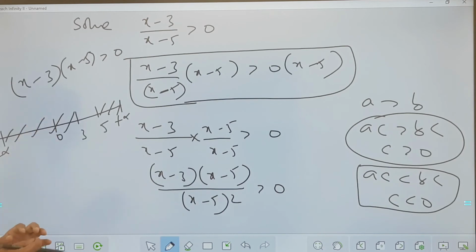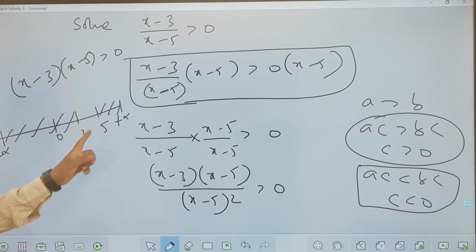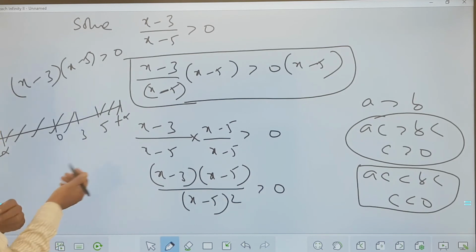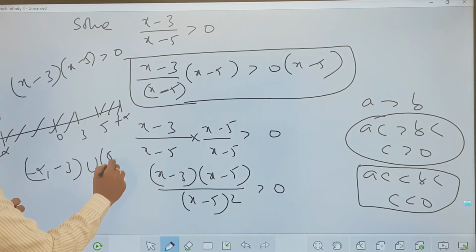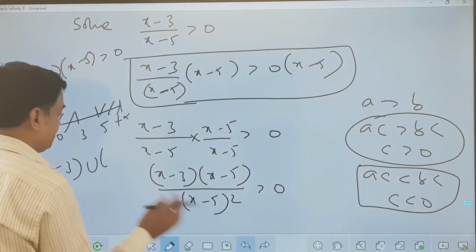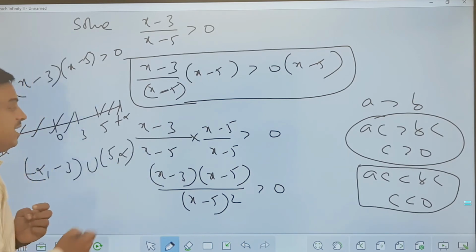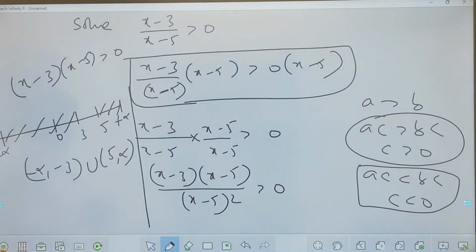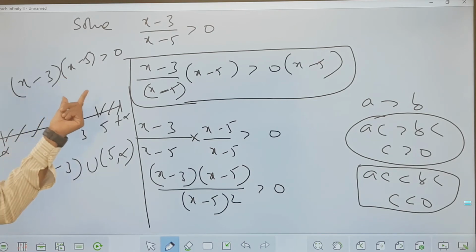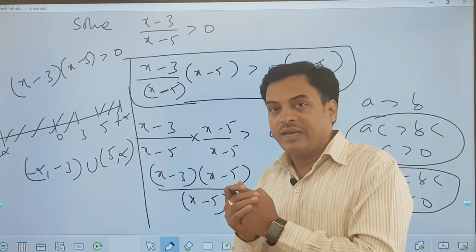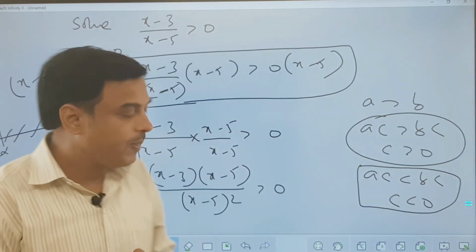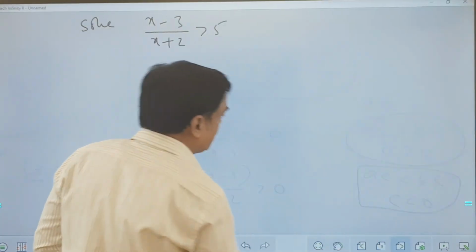Remember this. I'll discuss this point in a few minutes again. If there is a greater than 0, then anything greater than the larger value, anything less than the smaller value will always satisfy this condition. So my final answer is minus infinity to 3 or 5 to infinity. Okay, all of you? This is a little part in quadratic inequalities which we need to discuss. I'll discuss that in my next video. So just keep that in mind.